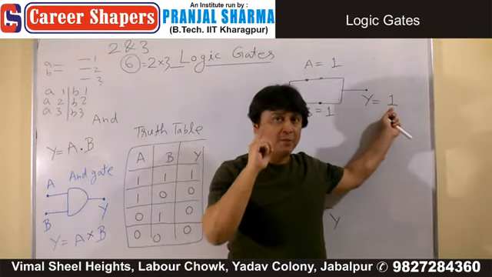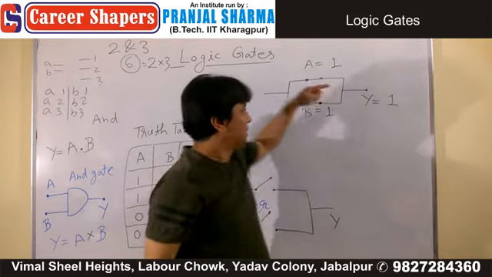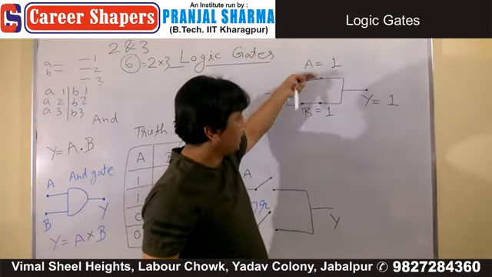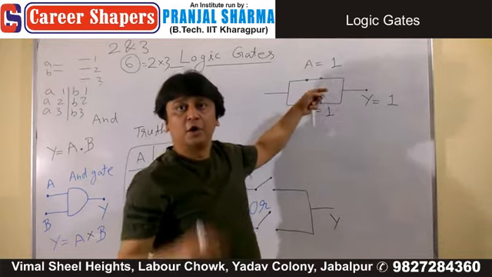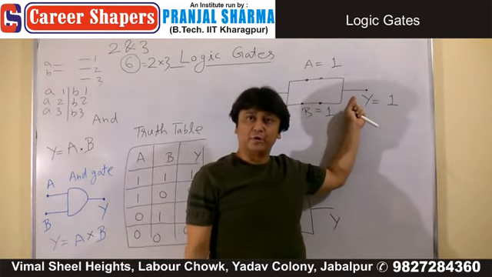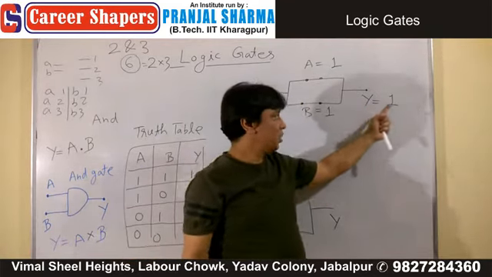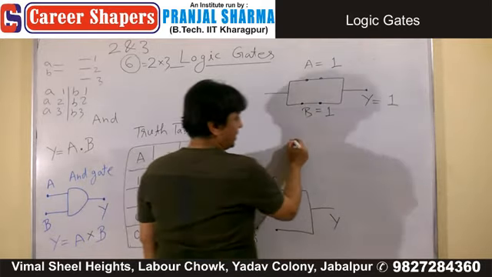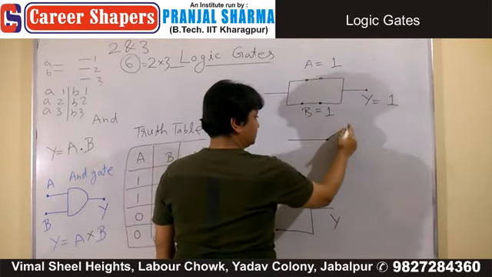Remember, 1 means what? Yes. If current is present over here, you will definitely observe a current over here. Yes means 1. Then, if I give you a circuit like this,